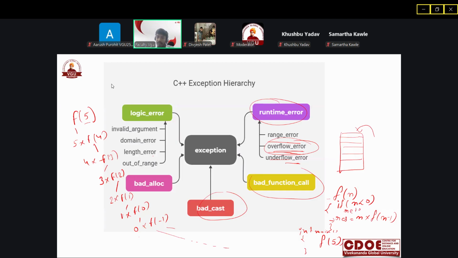This is a recursive function, like Fibonacci or factorial. If n is less than 1, then it will return.